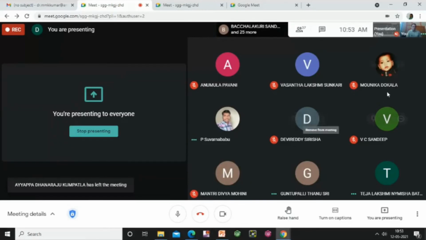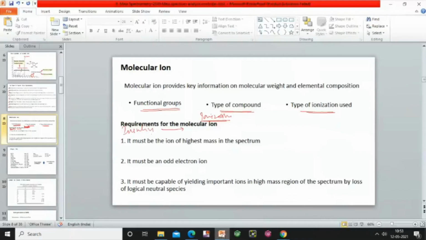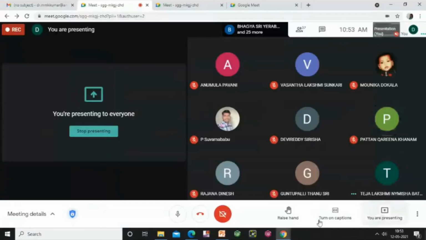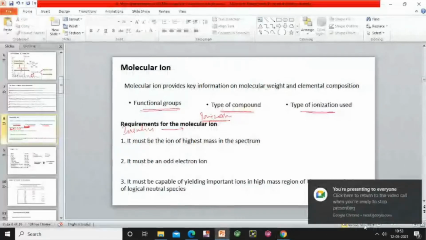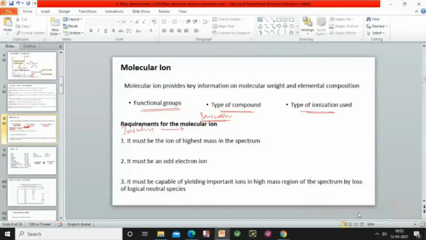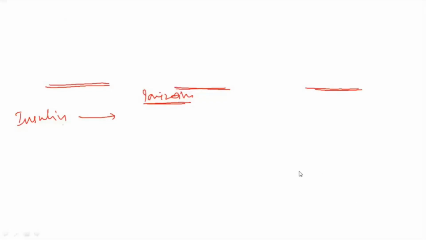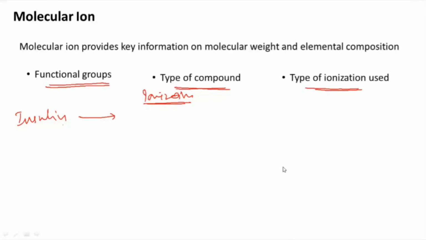Hello? Yes, sir. Okay. See, if you respond, then I'll come to know whether you are there or not, and whether you are able to listen to me or not. If you simply keep quiet, I cannot know, okay? Because I'm not a god, so that I can go into every one of the cameras and see whether you are alive or not.